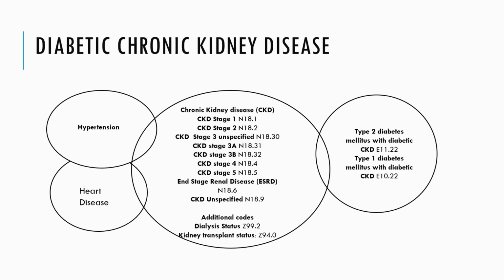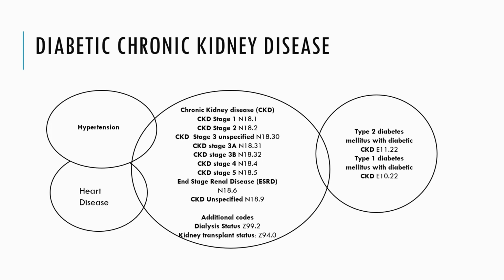When coding diabetes mellitus with CKD, assign the appropriate ICD-10-CM code based on the diabetes type. Type 2 diabetes with CKD is E11.22. Type 1 diabetes with CKD is E10.22. The key difference between diabetes type 1 and diabetes type 2 is diabetes type 1 is autoimmune, little to